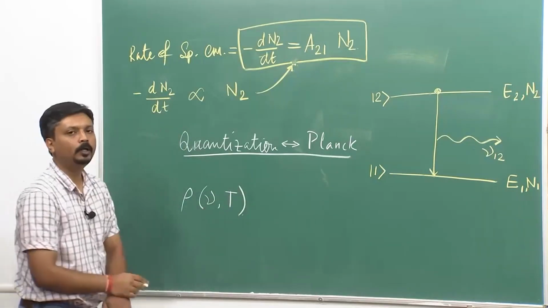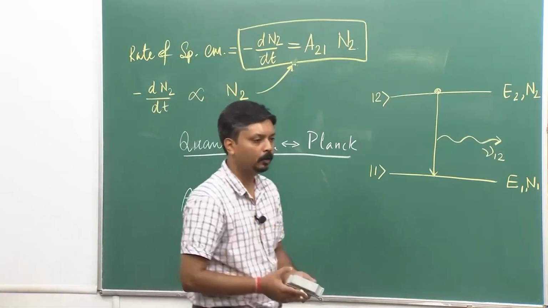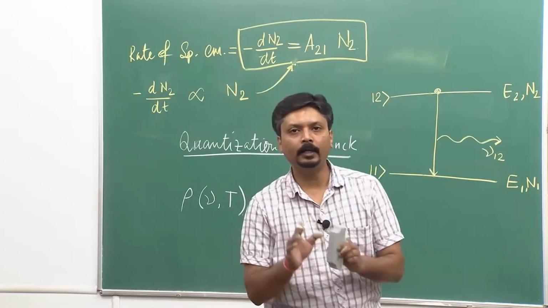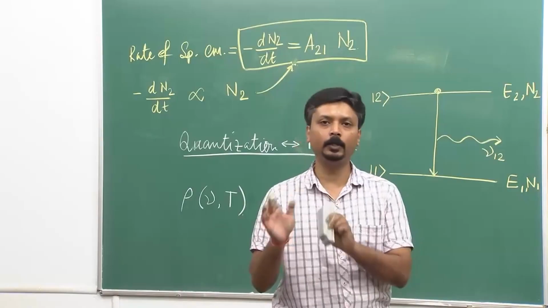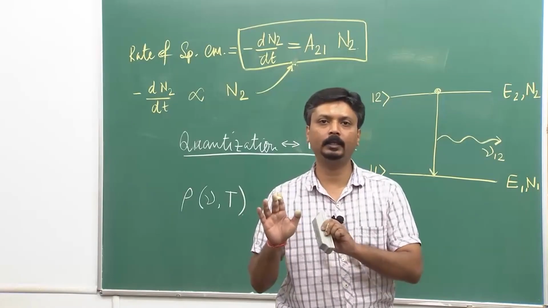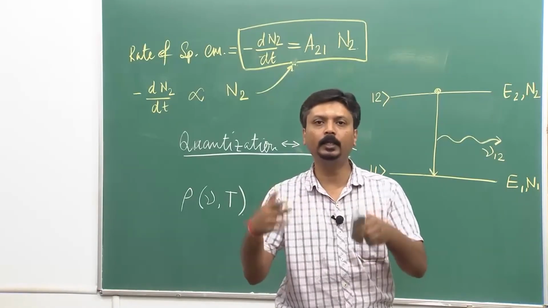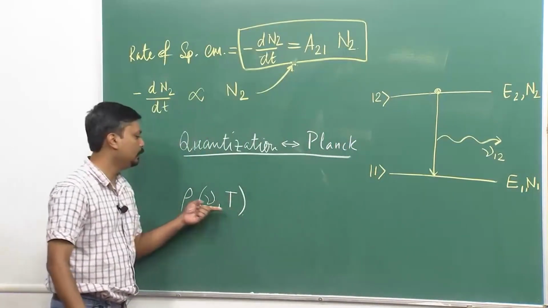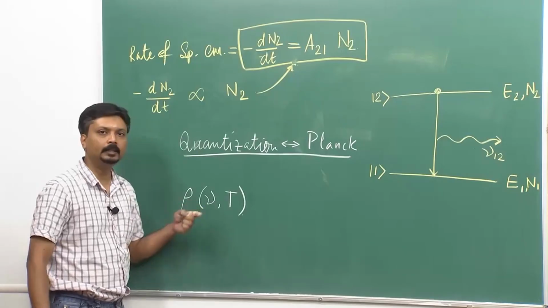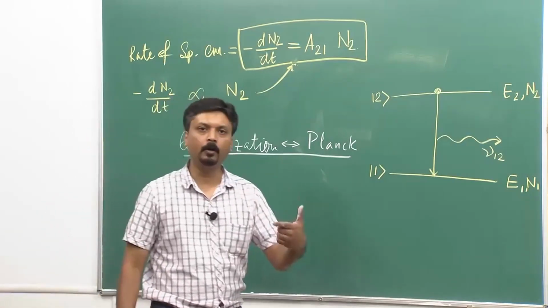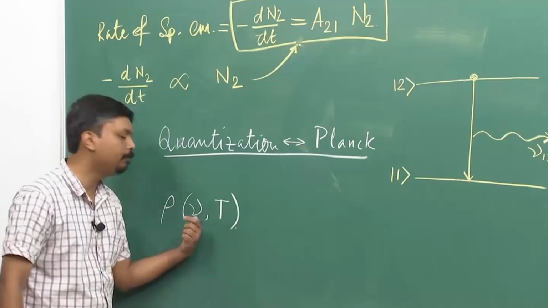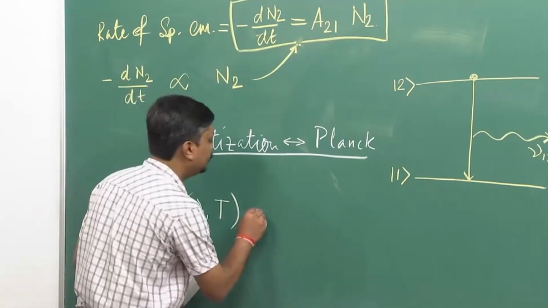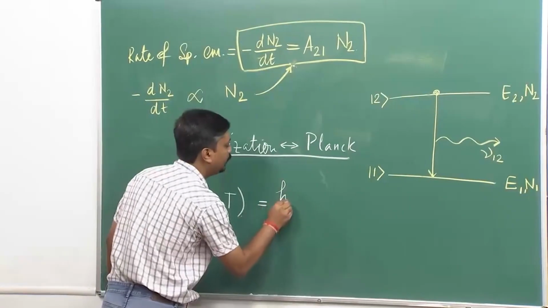Why is it so? Because when you work with a black body, you take it to be in thermal equilibrium at a particular temperature T, and then you deal with its spectral property. At a given temperature and for a given frequency, this is the spectral density, and this is given by